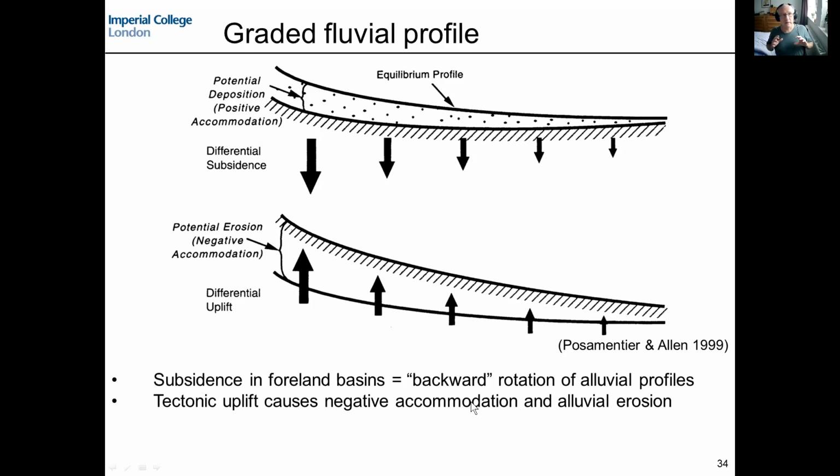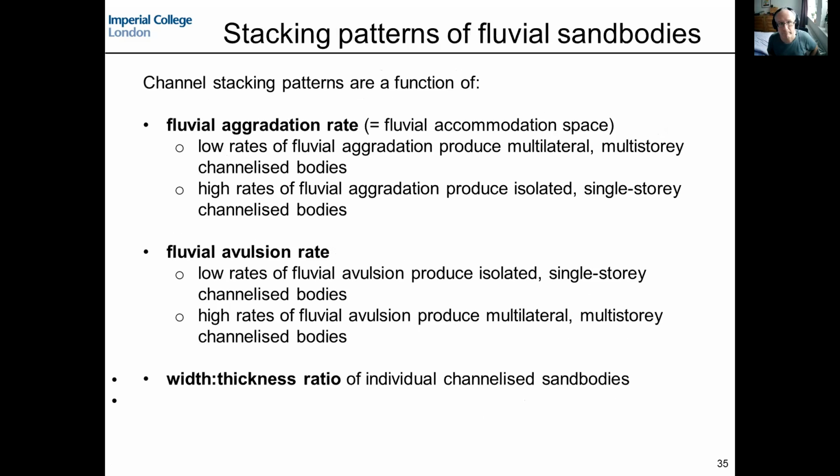So the key thing here is, we can also think about the effects of tilting. But again, the key thing here is we're really thinking about tectonic subsidence, not sea level. It's what happens due to tectonic subsidence or tectonic uplift as the driving mechanism here. Okay, so